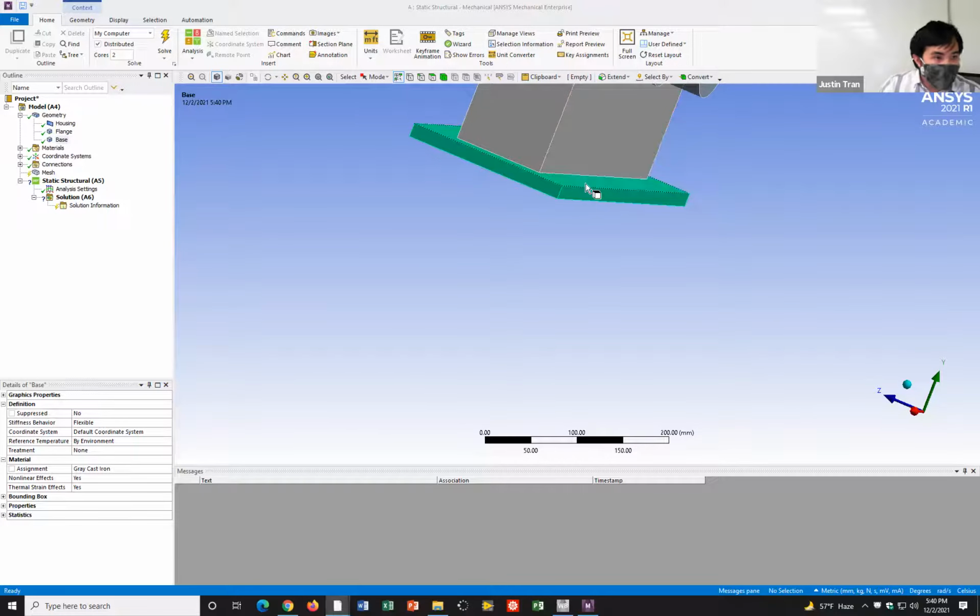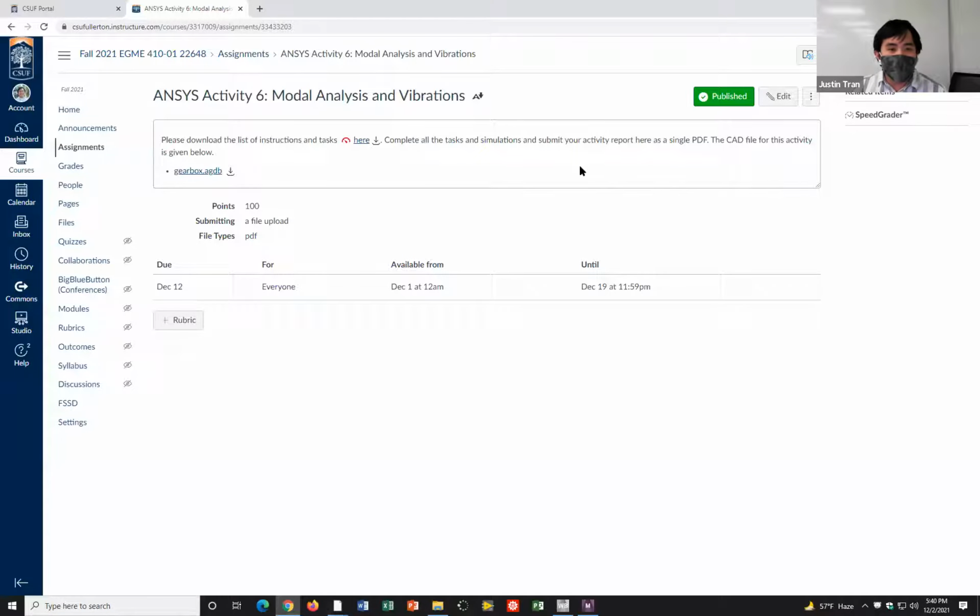Okay. All right, any questions on this? Yeah, just, sorry, Kevin. So we're doing a static structural with cast iron steel and stainless steel. Yeah. And then we're switching the thickness to 3 millimeters per housing. Exactly. Yeah. I noticed a couple people joined the Zoom call too. So if you're just joining, go to the Canvas site and go to Ansys Activity 6. You can download the PDF instructions here. So we didn't make it that far yet. And make sure you download the CAD model and load it into Ansys Workbench.